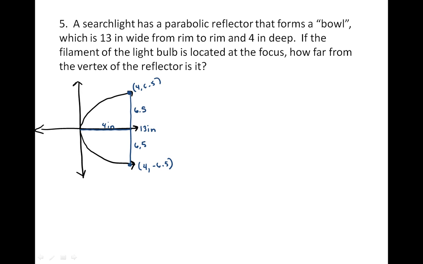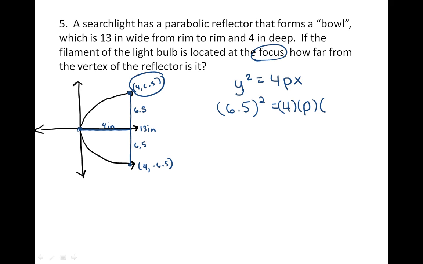Okay? Now we know that the graph of this parabola would be y squared equals 4px. Okay, so we can use either of those points. I'm going to go ahead and just use this top one, and I'm going to say y squared, which is 6.5 squared, equals 4. And we're trying to find p. We're trying to find the focus. That's what we're trying to find, is if the filament of the light bulb is located at the focus, how far from the vertex of the reflector is it? So we are trying to find p. So that's just going to be 4 times p